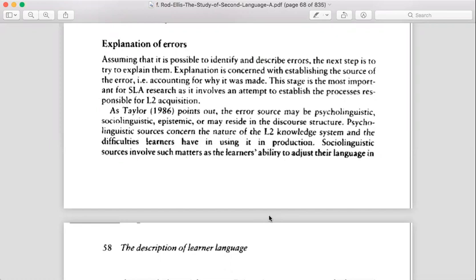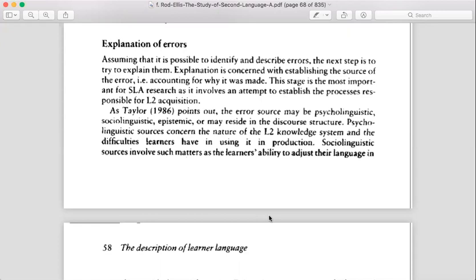Okay, guys, so today is the third lecture in continuation of the previous two on error analysis. And today we are going to discuss the last two steps in the process and methodology of error analysis. So if we just try to recall the steps that were given by Corbett in 1974, he has suggested some stages for error analysis, because error analysis is a methodology, error analysis is a process, therefore it takes place in